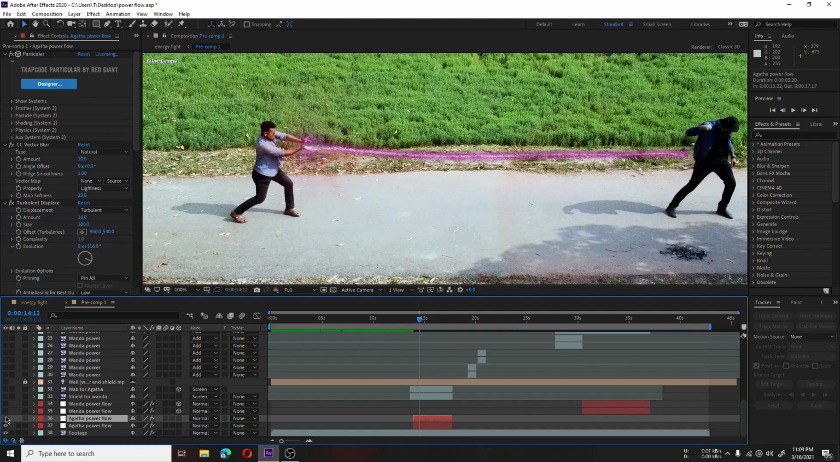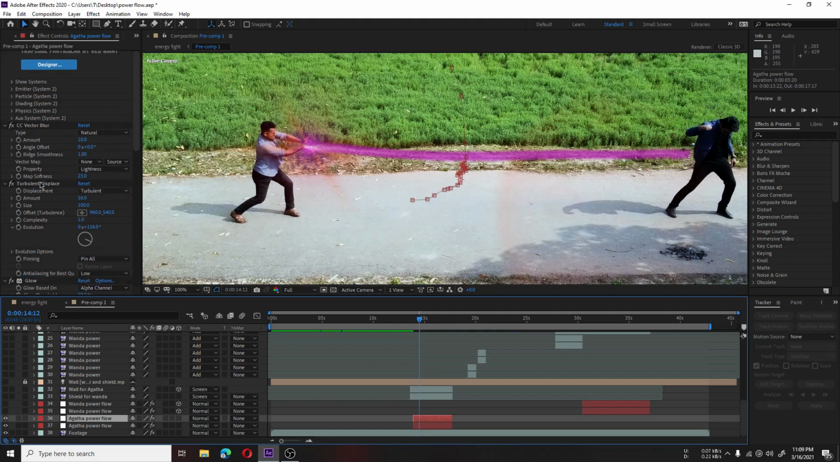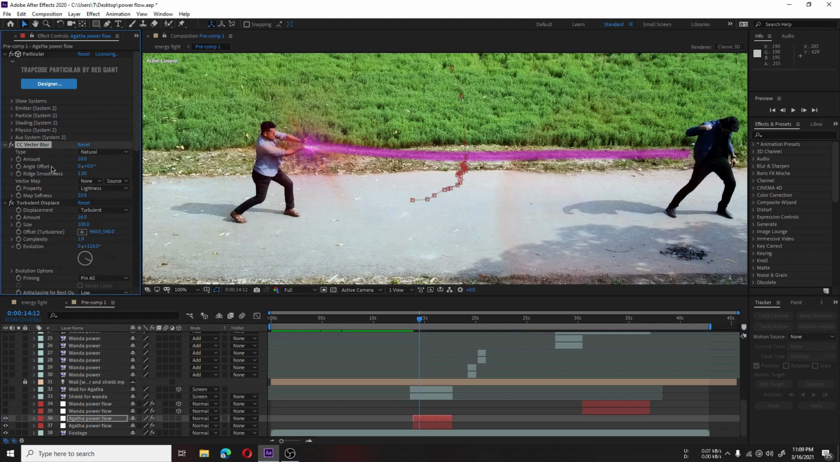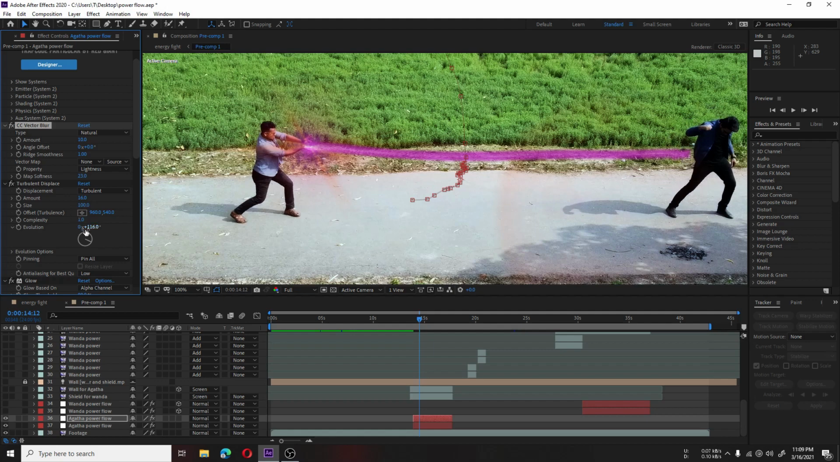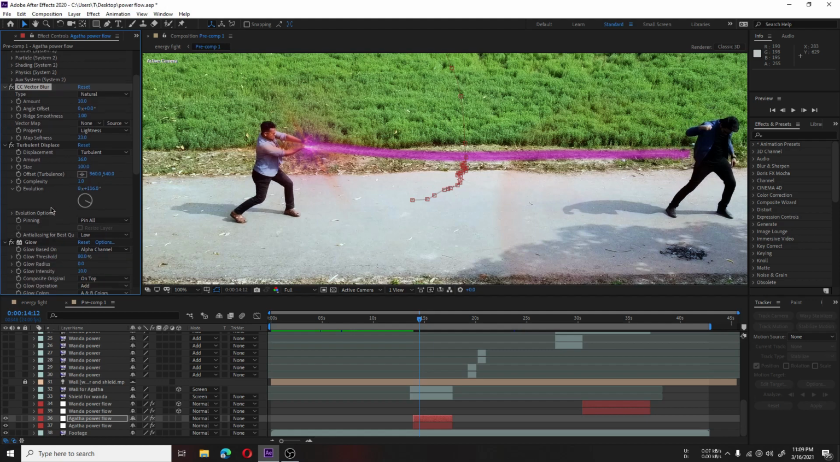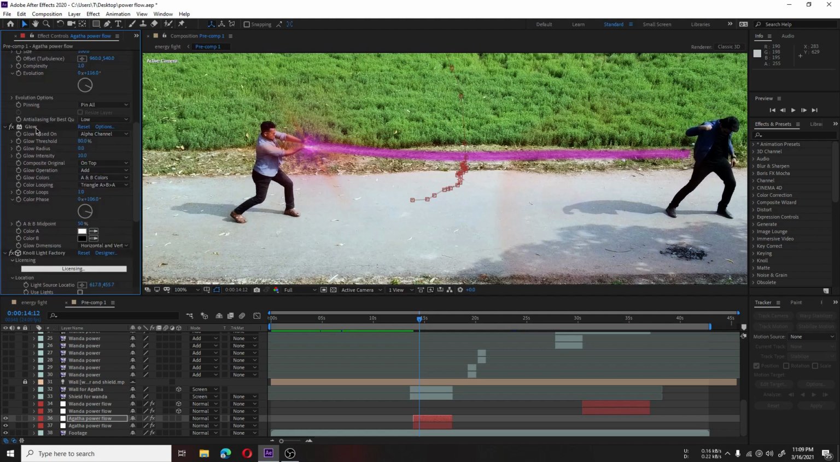and to make the power effect more darker, I used 2 Agatha power flow layers. I just pressed Ctrl D to duplicate the layers. So the layer is made there, and then I used CC Vector Blur. You can see the amounts here. Then Turbulent Displace. You can see the amount is 16 and others set here. And I used some glow